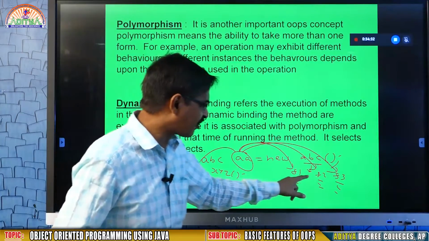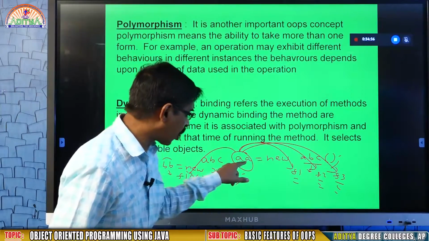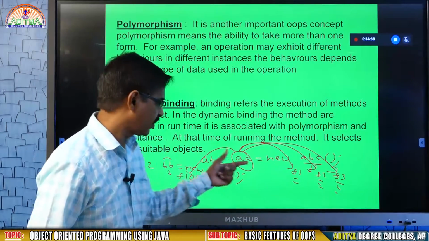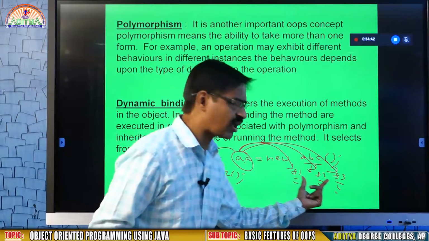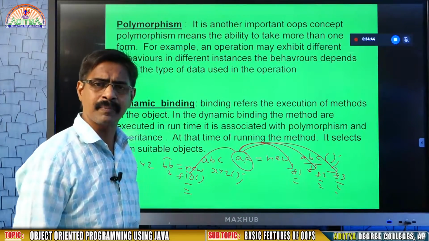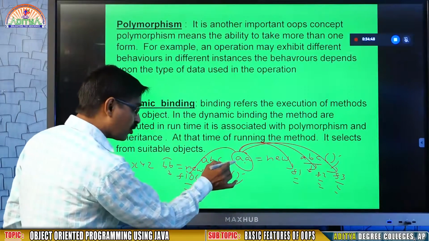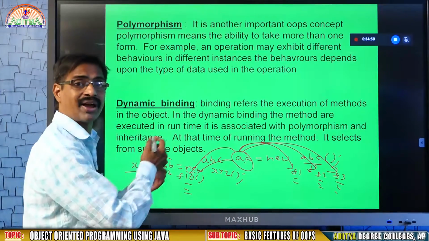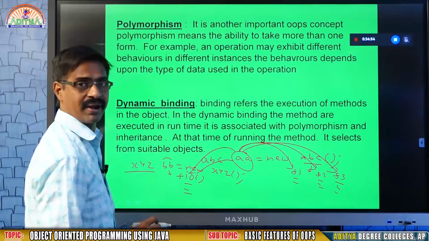Basically, we select F1, F2, F3 at compile time because this object is created from the same class, AA created from ABC. With the help of AA, we can execute F1, F2, F3. That is compile time. But during runtime, with the help of AA, I want to execute the method created from XYZ. This is what is called dynamic binding.